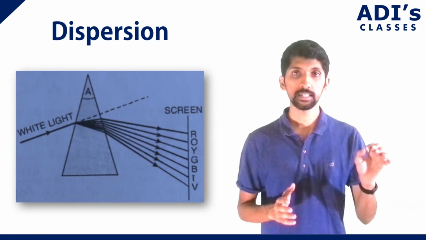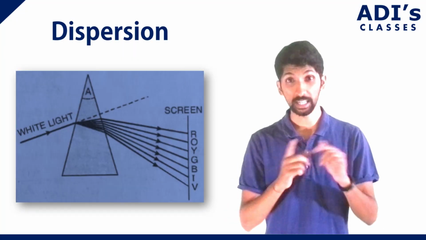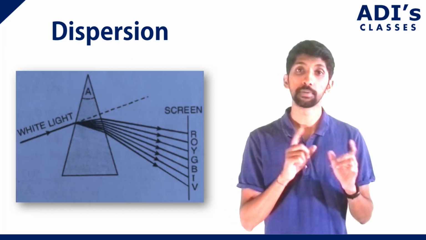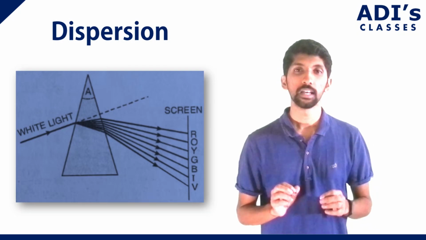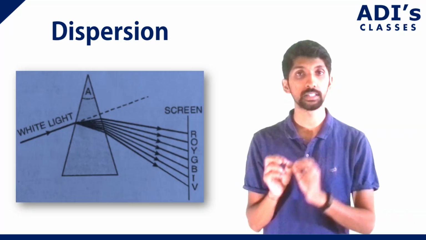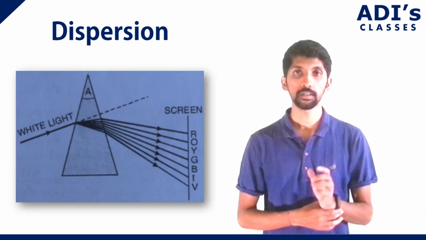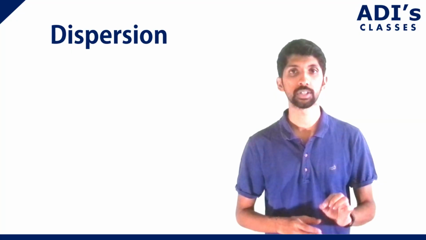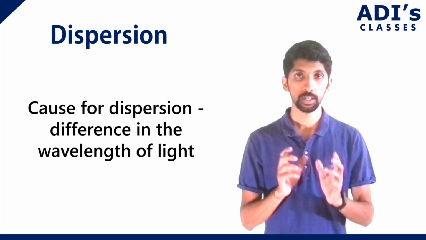Now, if you consider a prism, there is deviation, correct? And a prism also disperses the light. Now what we are looking at is dispersion and what is the cause for the dispersion. Okay, now very important point here: the cause for dispersion is the difference in the wavelength of light, because whenever